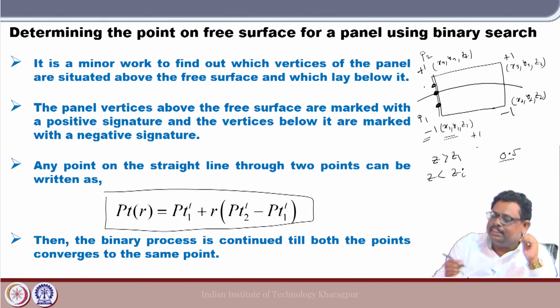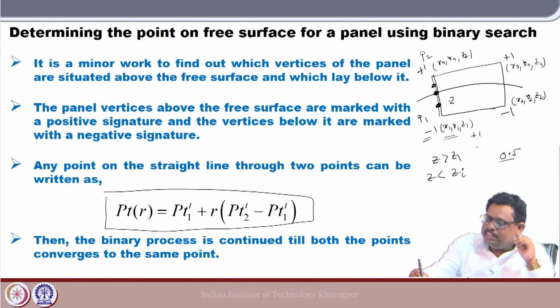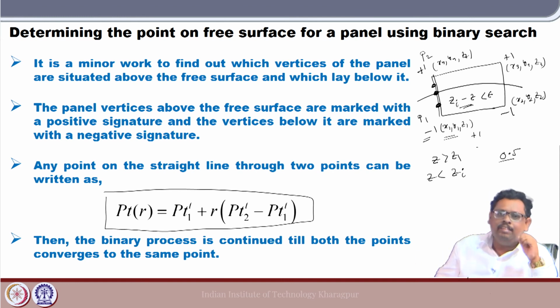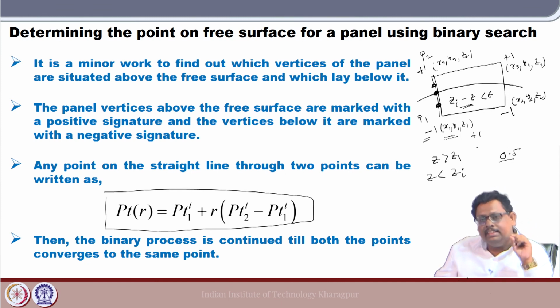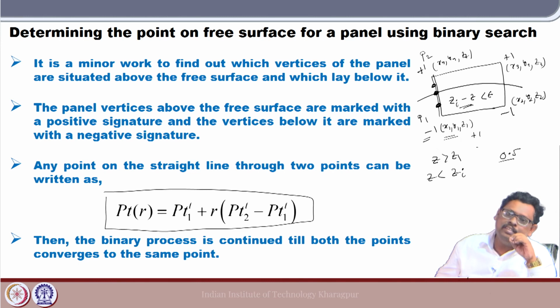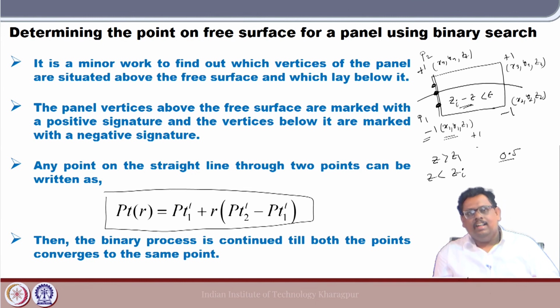Now, when you do 0.375, you can check whether z_i minus z is less than epsilon. If you continue this process, at some point you are definitely going to get z values which are very close to that particular point. So this is how you can find your point on the free surface, and this is called the binary search. Okay, so try it: write an algorithm and try to implement this binary search. Now, once you get it,